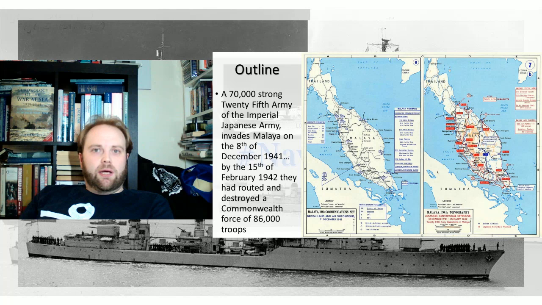This was not a nice battle. This was maneuver warfare, jungle style. There were tanks on both sides, although not that many good ones on either side. And frankly,